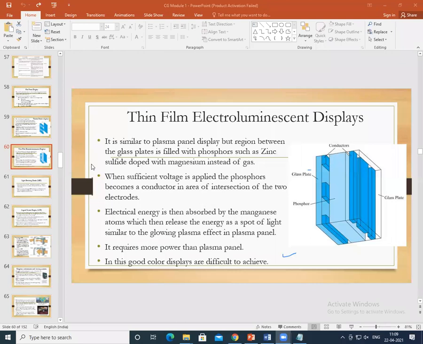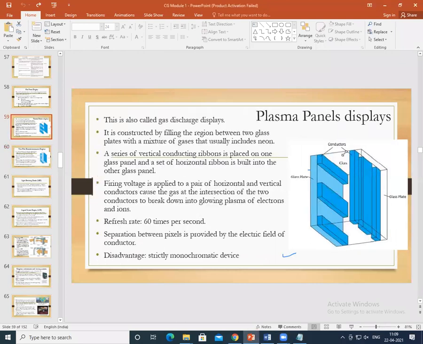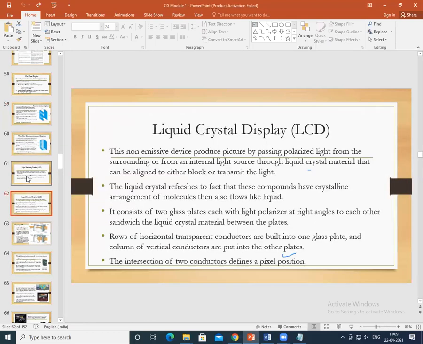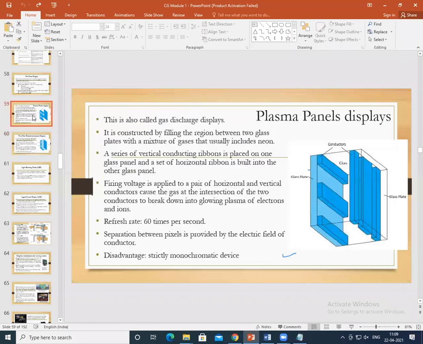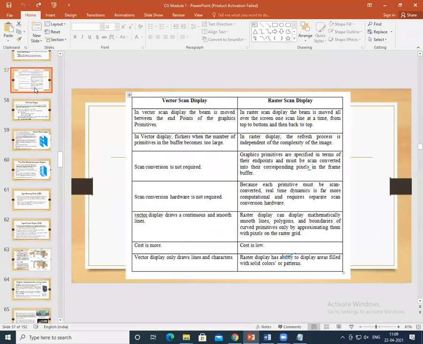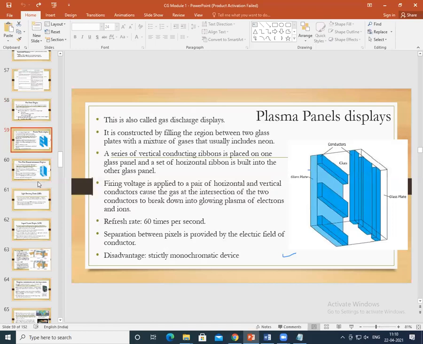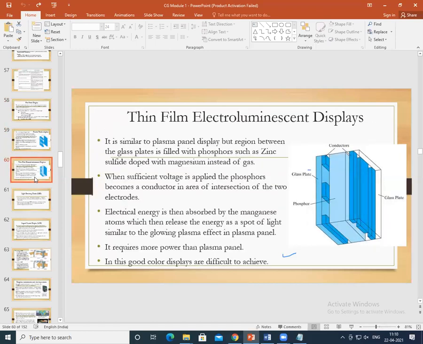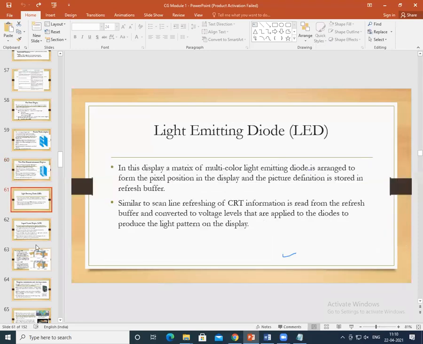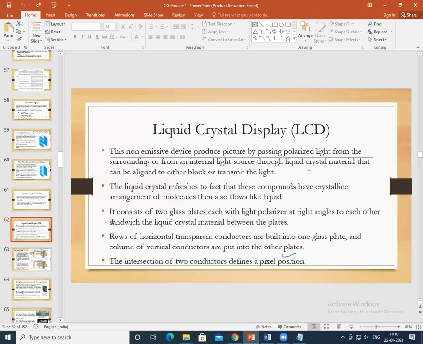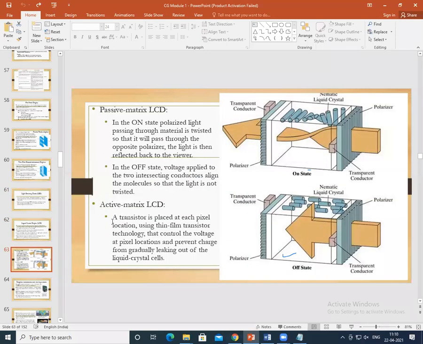Because theory, it is quite something as it is, you have to explain. For example, if I tell you to explain the four display devices, what are the various display devices, explain it. So what will you explain? You have flat panel display, you have to explain the theory on this. Then you have plasma panel display, then film electroluminescent displays, LED, LCD. See all those things. Nothing could be done on the theoretical part, as it is, diagrammatically you have to represent.